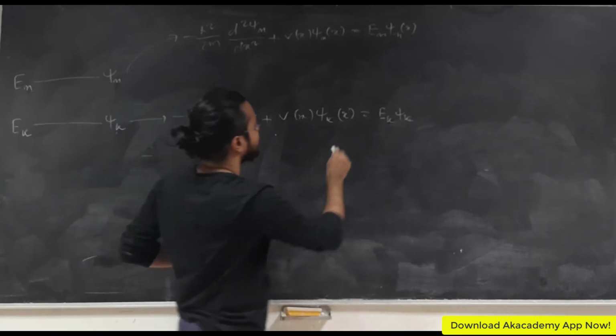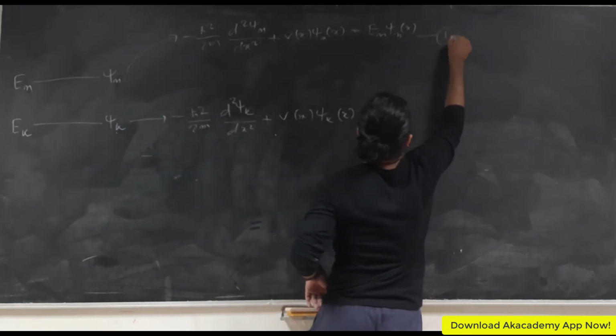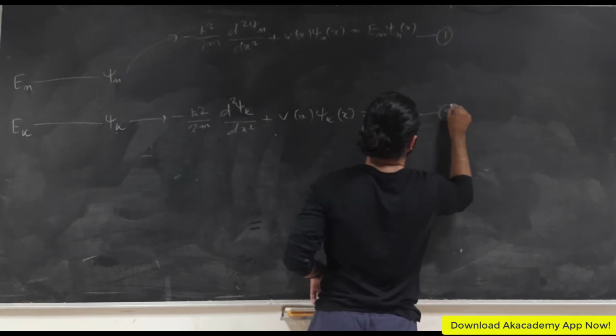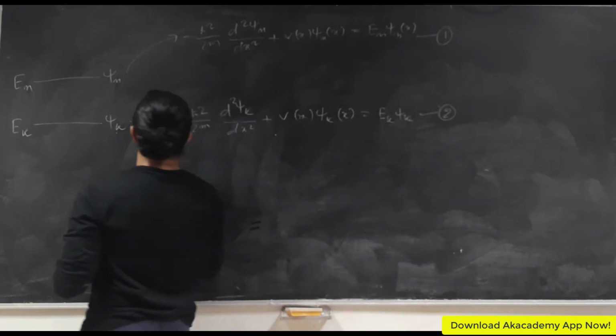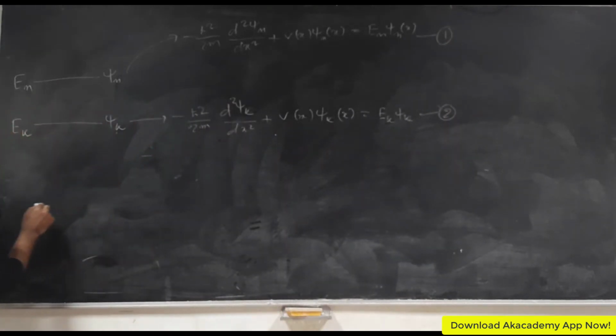Let's number this as equation 1 and this as equation 2. So the operation is: 1 is multiplied with psi